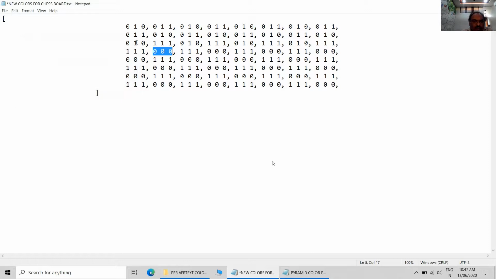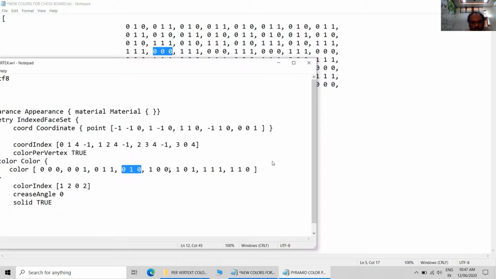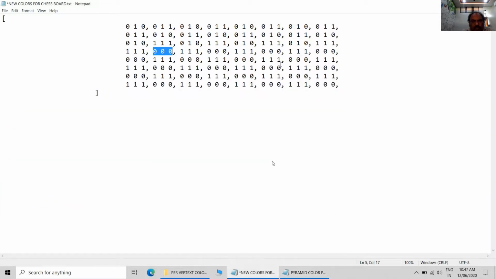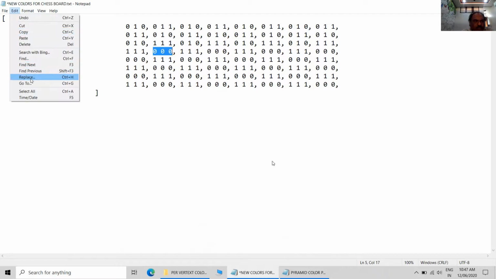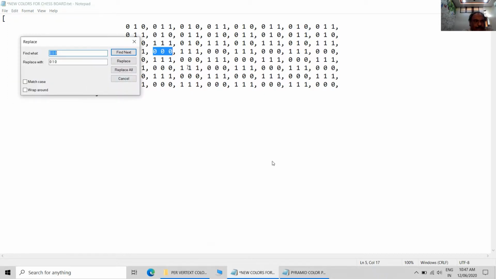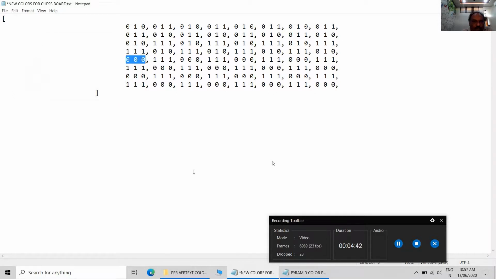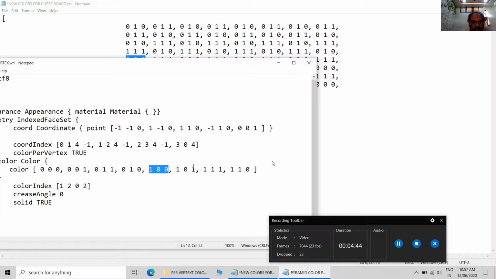So we have carried out replacement up to the third or fourth row. Likewise, you replace some other colors. Carry out the replacement.